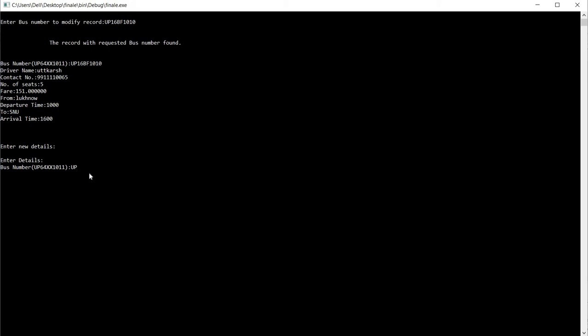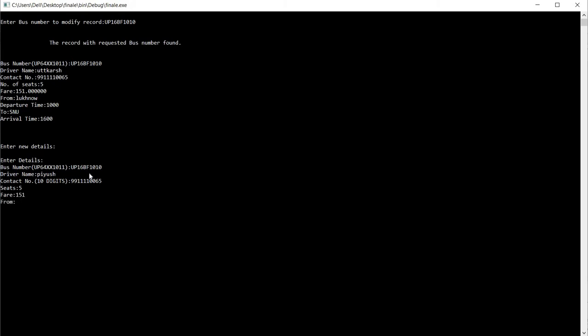Let us keep it UP16. Let's keep the number the same, 1010. Let's keep the driver name as Piyush. Okay, the contact number, let's keep it the same. The number of seats will also be the same and fare 151 rupees.